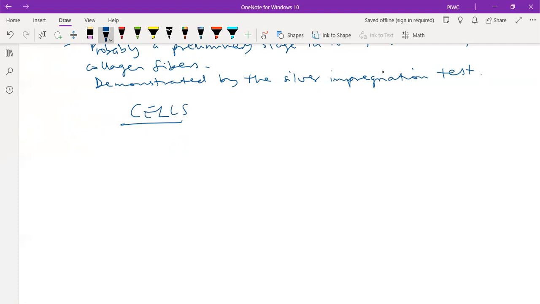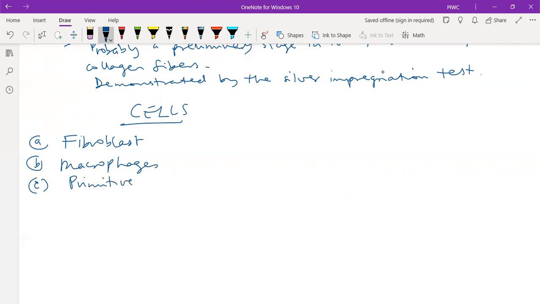The cells that are found in the connective tissues are: 1, fibroblasts; 2, macrophages; 3, the primitive mesenchymal cells;